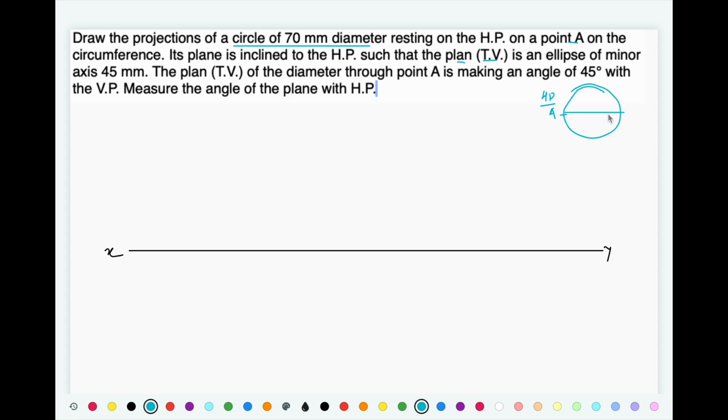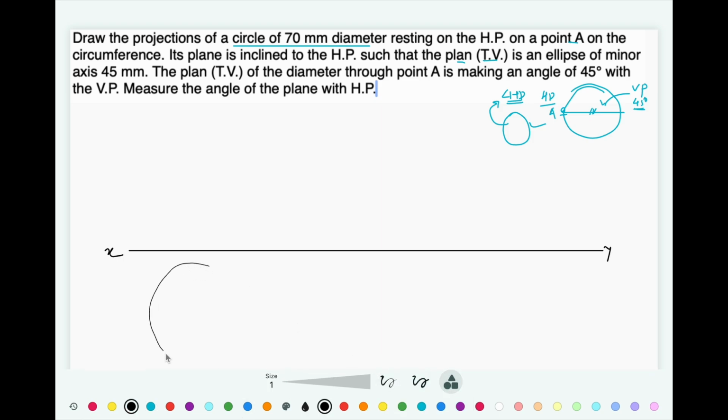So let's say I'll draw one diameter through that point A which is in HP. This diameter is inclined to VP at an angle of 45 degrees. The plane is inclined to HP, but that inclination is not given directly. Instead of that inclination, they have given the shape that you are going to obtain because of that inclination, and from that shape we need to find the inclination value. So first,